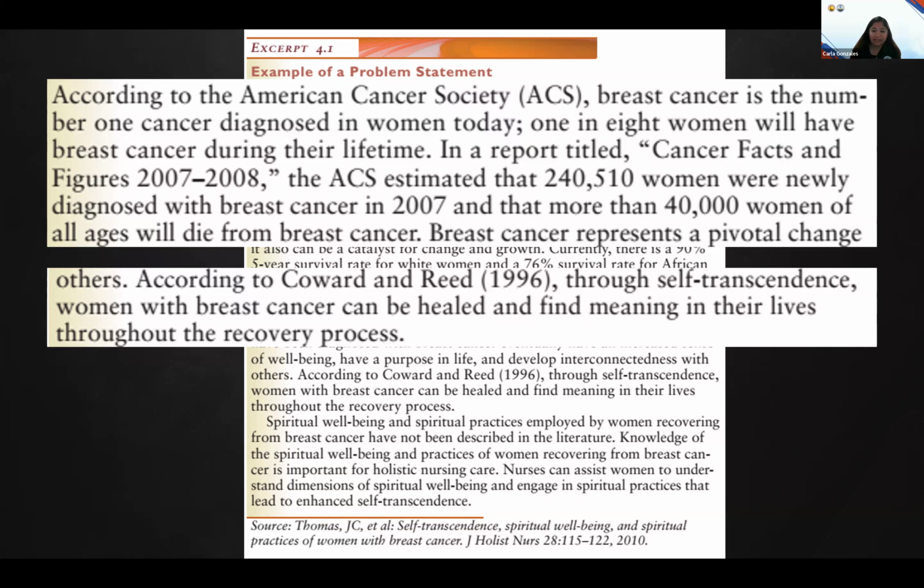You could try reviewing other research studies and try to find out what the problem statement is. When we say problem statement, it's not really formed as a question, especially when you are already reading the introduction part of the study.